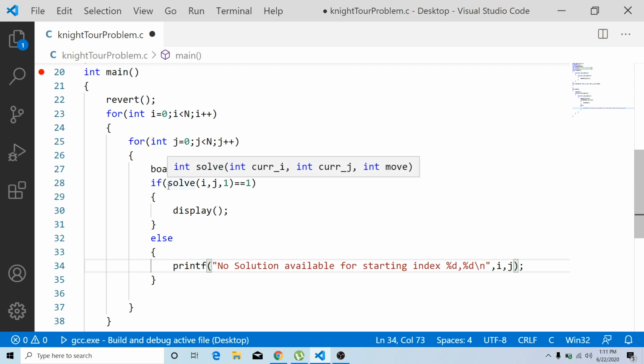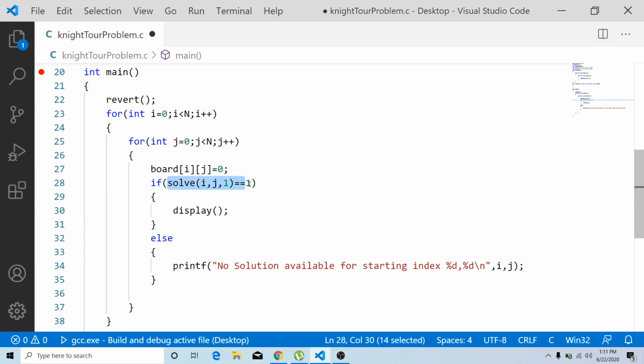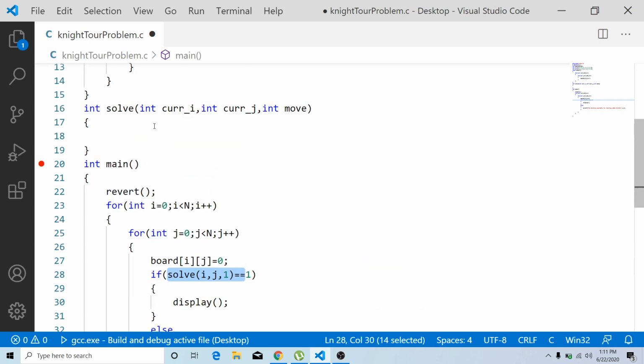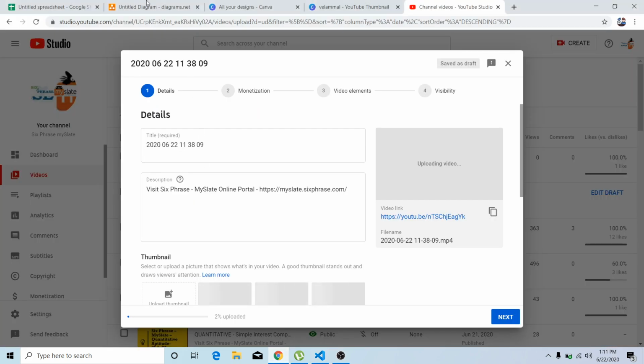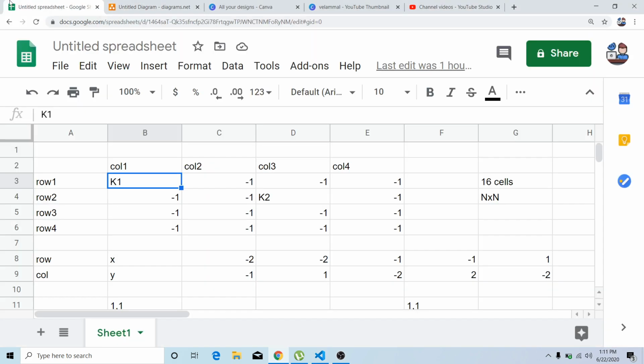Now we have to enter the solve function, and decide what all the things are that we are going to do here. What we have done so far is take the original matrix. So far we have placed your knight in row 1 column 1, that is the 0,0 cell.